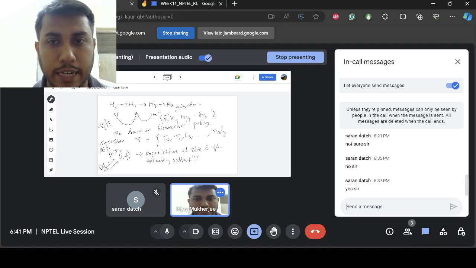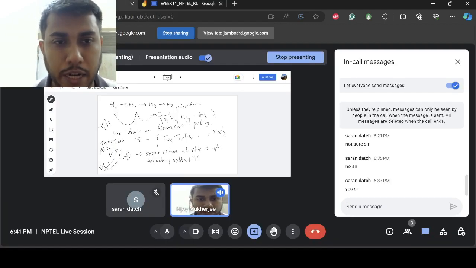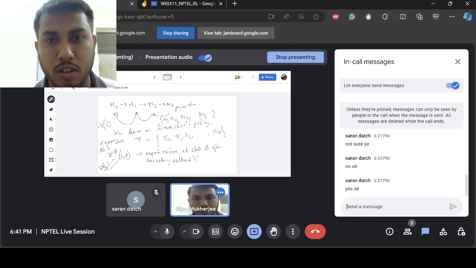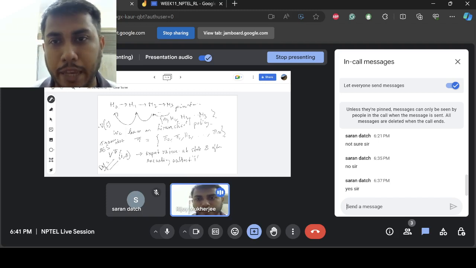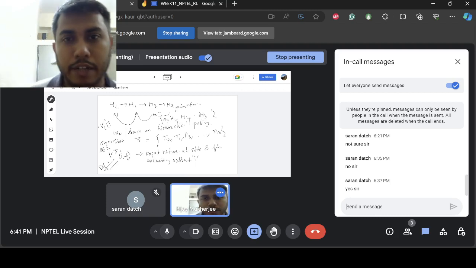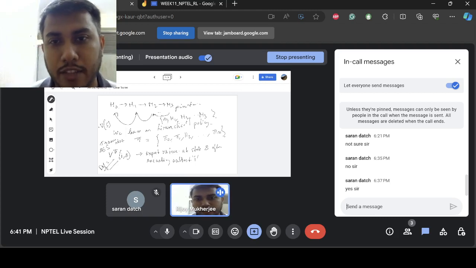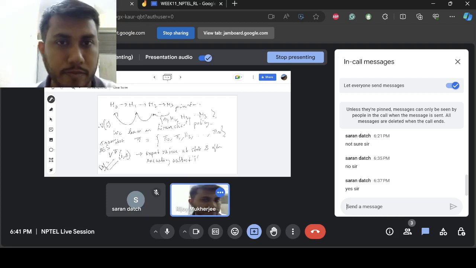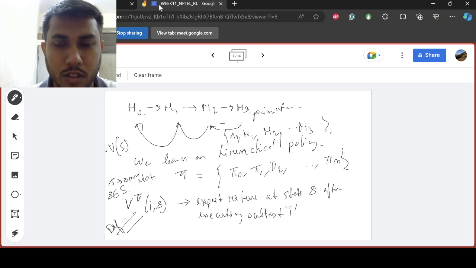What we have here is that you are inside a subtask. So V pi I of s basically refers to the return at state s when you are executing task I. Okay,